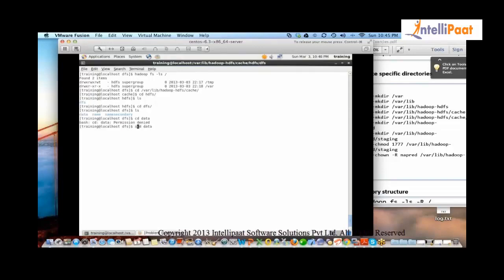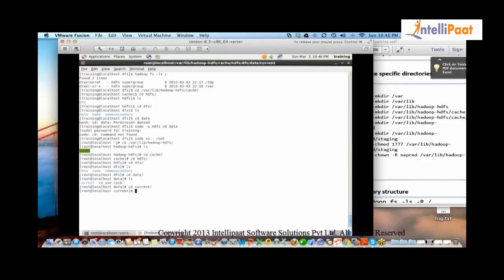If I do sudo -u hdfs, you cannot do a cd like this. I'll have to do a sudo su to see this data. Now see what these things are. Hadoop is encrypting the data and putting it here, storing it in an encrypted way, so you don't have to bother about it.